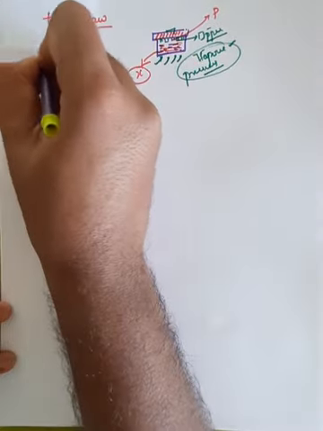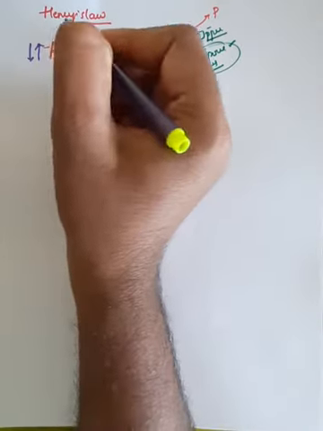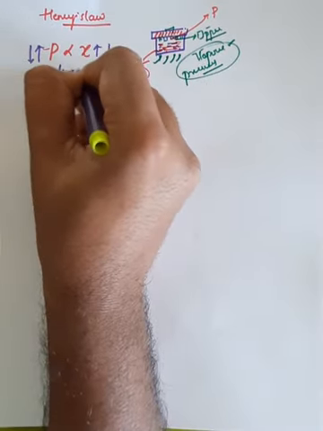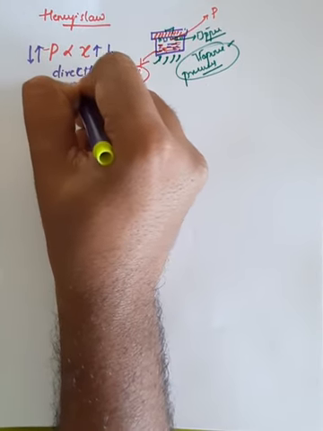Whenever you increase the mole fraction, the pressure also increases. Which means whenever you increase the concentration, the pressure of the molecule increases. Similarly, if you decrease the mole fraction of the solution, the pressure also reduces. So that is called directly proportional. This is very important. So this is directly proportional.